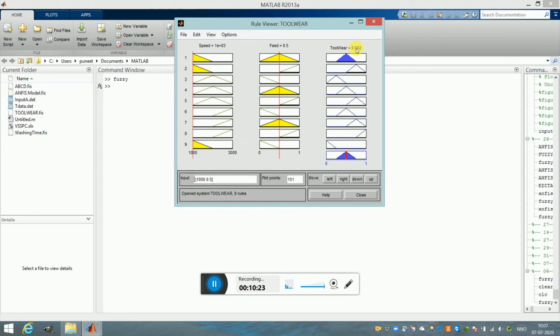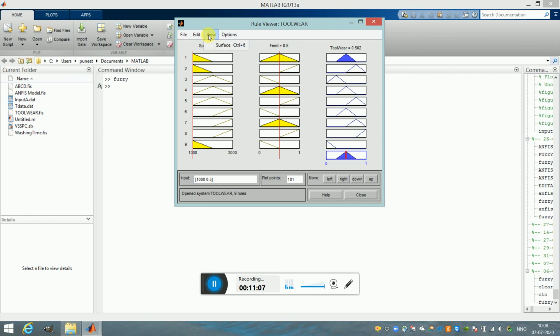So this is how initially you do the experiments, and then you map the data which you get from the experiments here, and if your inputs and outputs match, then you say your model is ready, and this model can predict values for unknown speed and unknown feed. Then you can validate your results, whether the tool wear values you are getting here are actually obtained or not. So this is in a nutshell what is done here in the model.